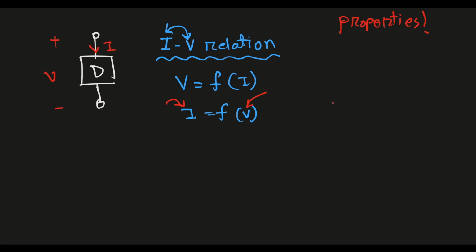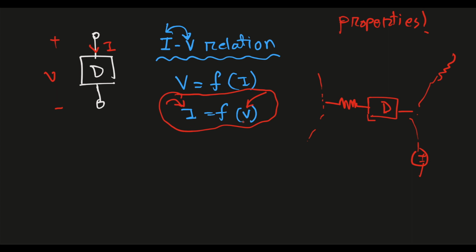a circuit. Say we have a complex circuit where we have placed this device. Say it's a part of a big circuit. There might be some resistance, there might be some voltage source here. It's a part of a big circuit. And in that circuit, we have placed this device for which we have this relation, the current as a function of voltage. Then it is enough information to analyze this circuit. That's why when we are dealing with circuits, we characterize a device by the relationship of the current and the